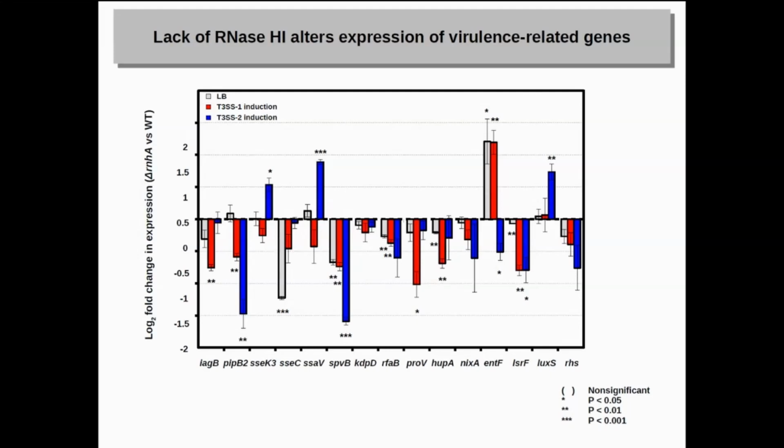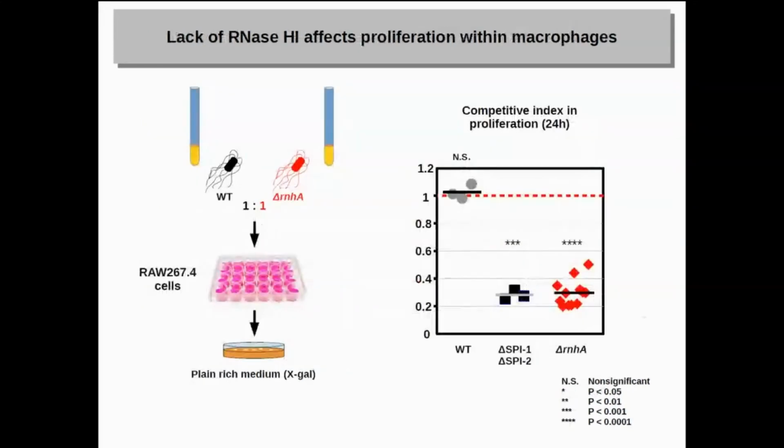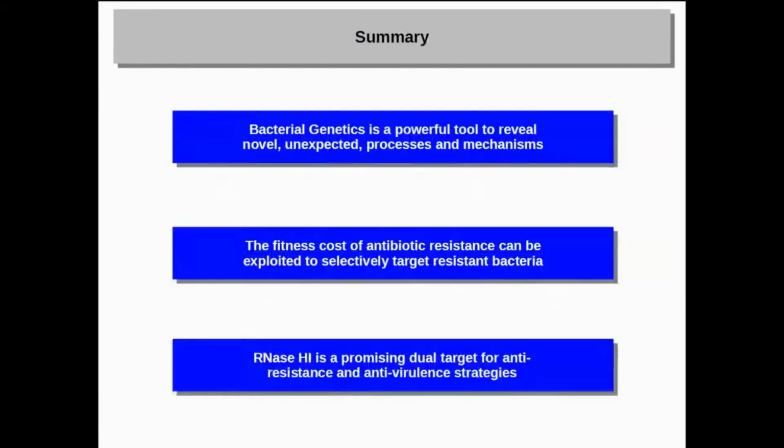And as has been said before, it's necessary that genes are expressed in the moment and in the place where they need to be expressed for virulence. Jay was talking about that before. So this could be affecting virulence. I went and tested that. So we don't do mice work, but we do macrophage competitions. I did the typical competition that they talk about, and I found that the RNase mutant is actually as attenuated as a double mutant that doesn't have the SPI1 or the SPI2.